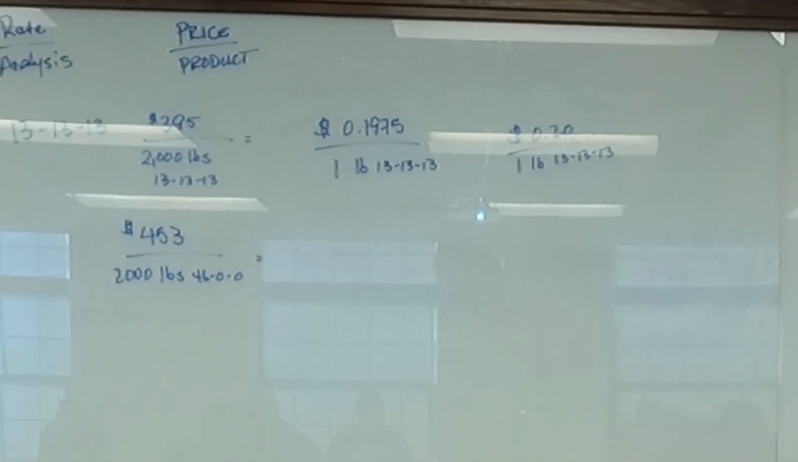So we should have gotten for triple 13, 20 cents a pound, $0.23, $0.13, and then $0.20, right? Okay? Next. In order to do this part of the calculation, you are going to have, like what I had